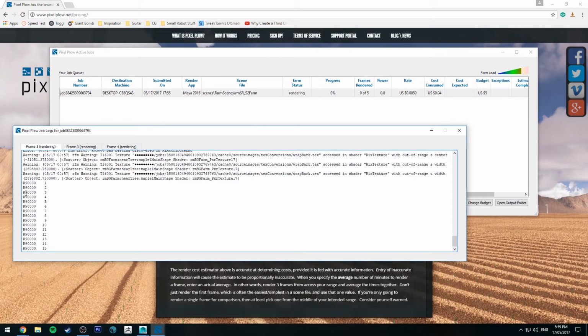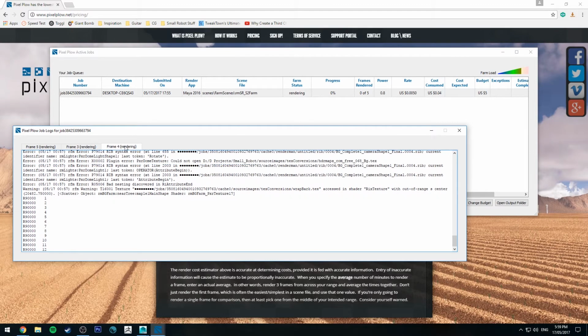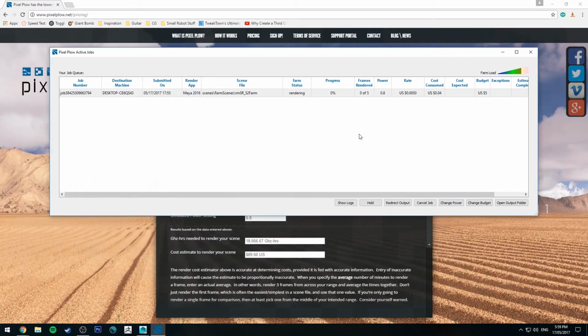To check that it is in fact rendering, just look for this here. Basically what this is telling you is that it's rendered frames 1 through 15, but to refresh this, you'll need to close this window and reopen it. Yeah, you'll see that it's rendering all those 3 frames at once. And this will probably take about 20 minutes to render all 5 of these frames, maybe slightly more, which is